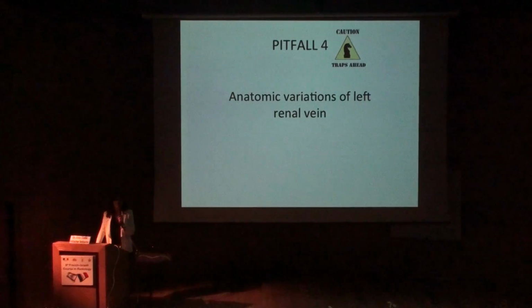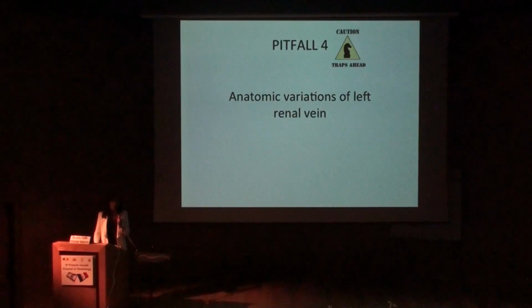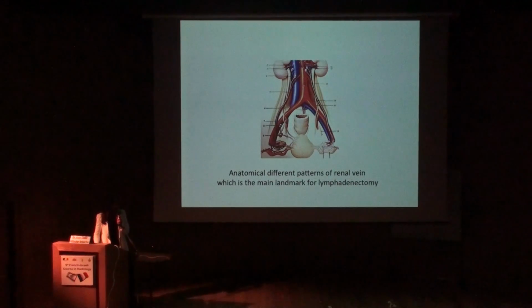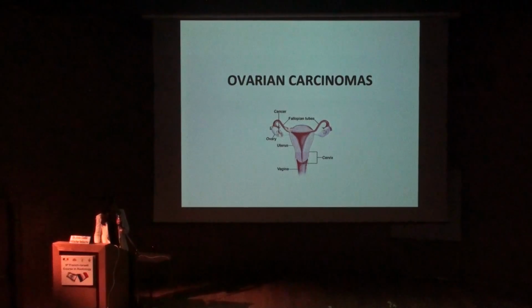The other thing that is important to state in your written report is the landmark of the left renal vein, because it is the limit for the lymphadenectomy, and sometimes it is a surprise for the surgeon because the left renal vein has not the same place as the classical place. So it is important in your MRI to have a large field of view to be sure that the anatomy of the renal vein is classical.